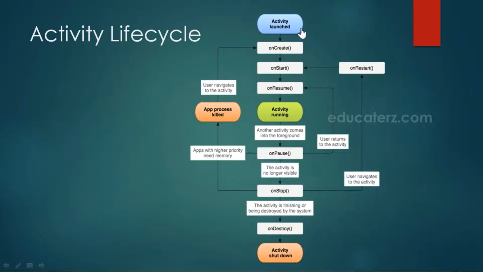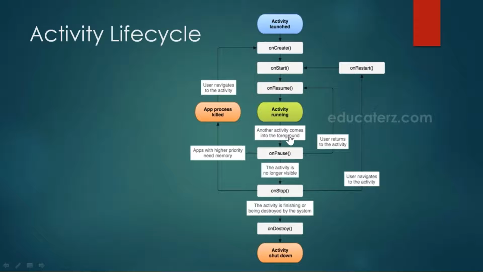When an activity is launched, it immediately calls the onCreate method. Immediately after that, it is going to be visible to the user, so onStart will be called, and when the user can interact there, it will be onResume. Assume that you are trying to log into Gmail. When you click on the Gmail application, it immediately calls onCreate, and the user is able to see it, which is where it calls onStart, and the user can enter his username and password. So onResume will also be called. At this point of time, the activity is running.